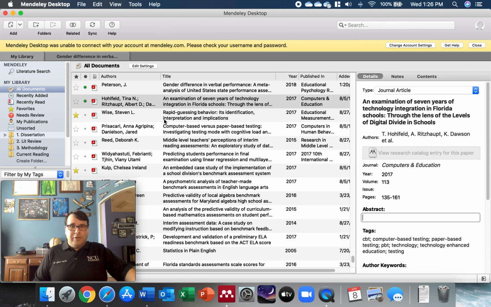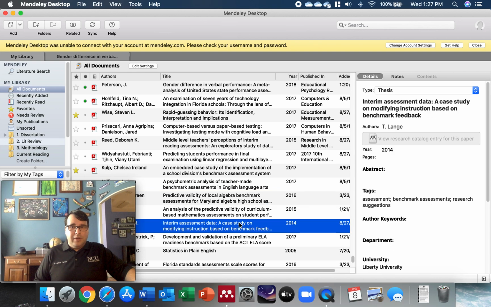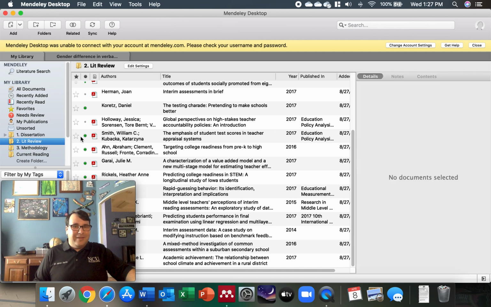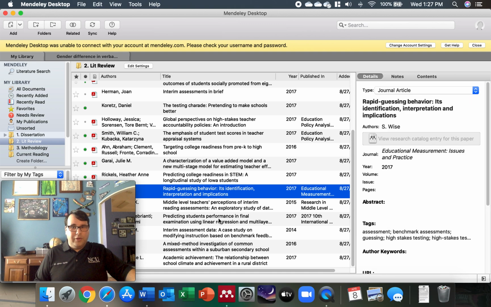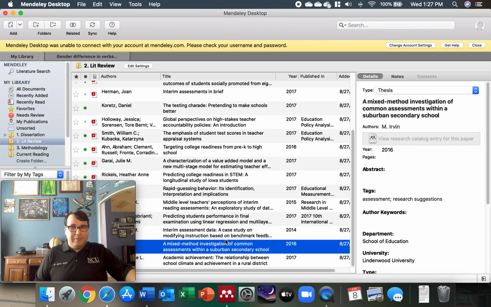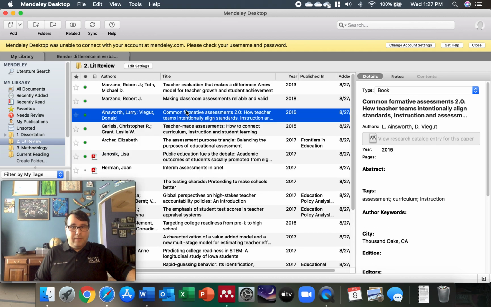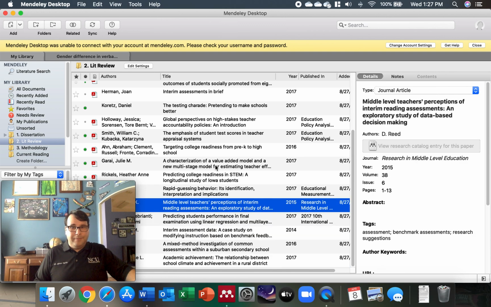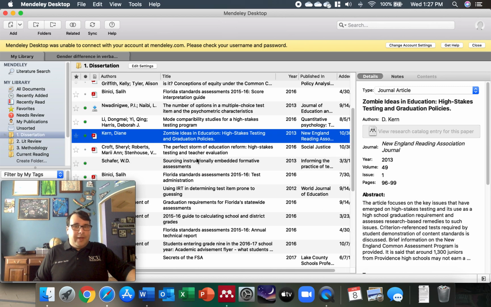Now, this abstract feature, you'll notice that I don't have it filled out for a lot of these, actually any of those. Let's see if I can find one in here. Just wanted to show you an example if I have one. Well, that did not work out. All right, so let's just assume for a moment that I'm using, here's a good one, that I'm using this